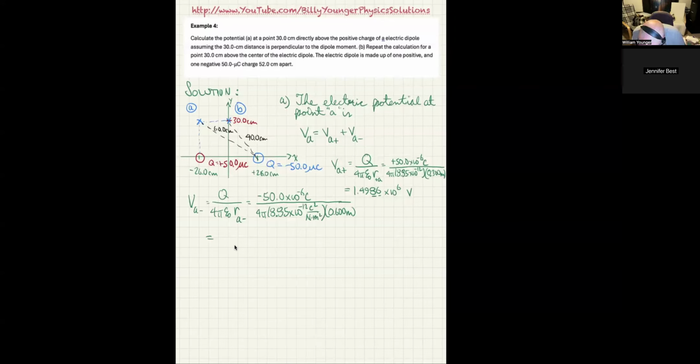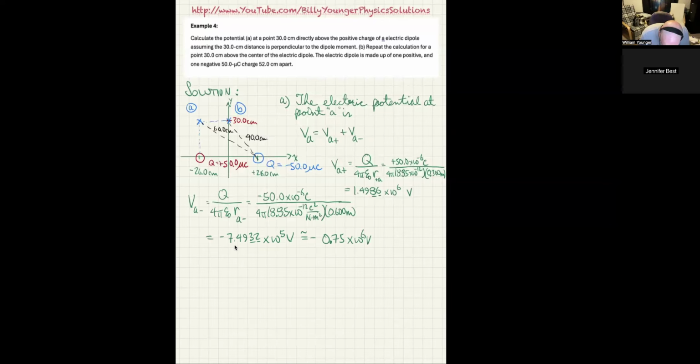When I do this calculation, I get negative 7.49, that's our 3 sig figs, and I'm just going to add the 3, 2, which are extra sig figs, times 10 to the fifth volts, which, as I said, is approximately 0.75 times 10 to the 6 volts. In other words, it really is about half as big as the last one.